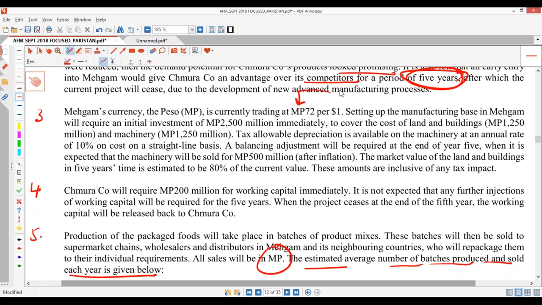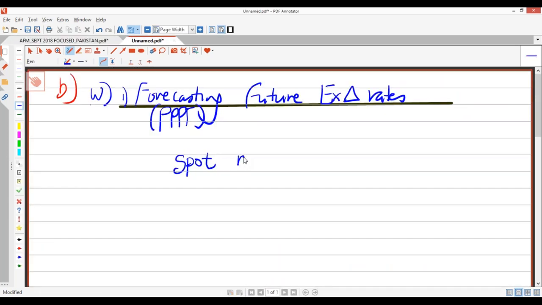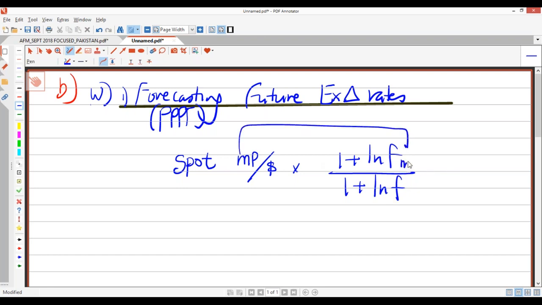Now, Megan peso is quoted per base dollar. So make sure you write here: spot rate Megan peso per base dollar. You're going to multiply with 1 plus inflation divided by 1 plus inflation. Up must be Megan peso. That's how simple this is. And down, the base must be in US. I'm not sure what country this is, but you just choose the dollar inflation rates. Very simple. Base, you put down; the other, you put up. How they quote, you just see how they quote the exchange rate and work on it.